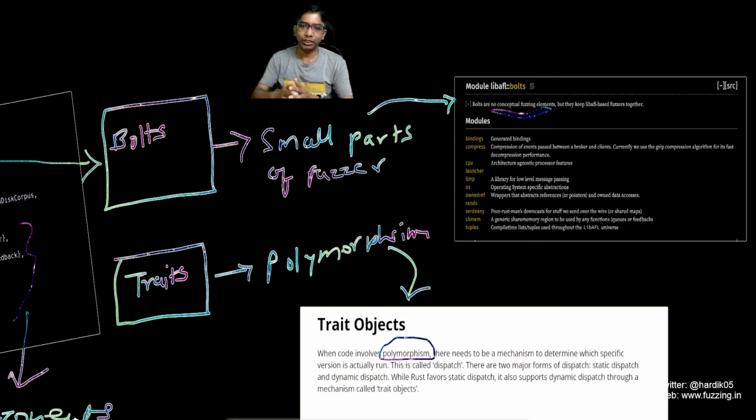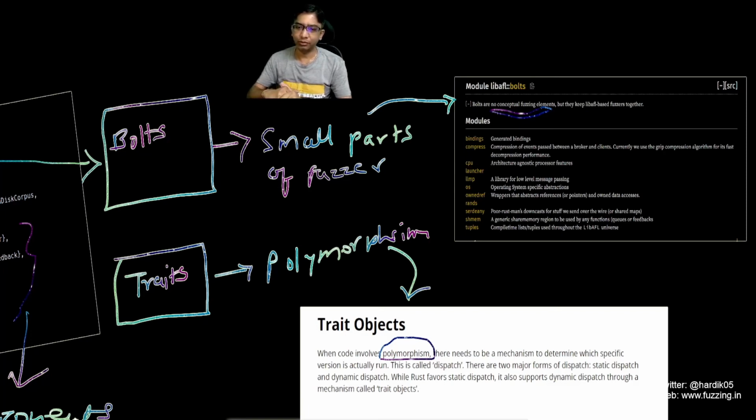As you might have noticed, there can be different types of CPU, so you actually need some kind of abstraction layer which avoids all this unnecessary operation which you would otherwise need to do. So you can have something like a CPU module which takes care of all the abstraction for you. Similarly, you can have different OS, like Mac, Android, or Windows. So you can have a module called OS which will provide abstraction over all the underlying OS, and you basically have a standard set of features to work with and a standard set of functions or APIs. So these are, you can say, small modules which you can use in your fuzzer.